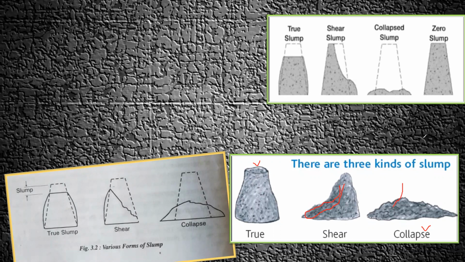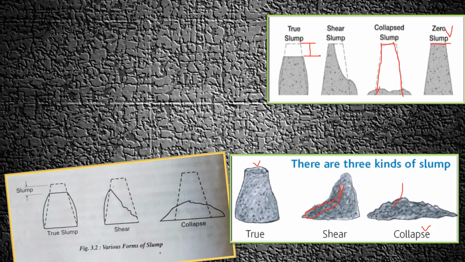And sometimes even people represent as a zero slump. So what do you mean by zero slump? The zero slump means, see, let us say I had taken a cone initially. This was my cone initially, right? And I had filled a concrete in that. And once I lifted the cone, right, then what will happen? Certain subsidence is going to happen, like you see in the true slump. But in the zero slump, what is going to happen? Before the removal of the slump cone and after the removal of the slump cone, your concrete is not going to subside. It's going to remain in the same position before and after. So that is why we call it as zero slump.